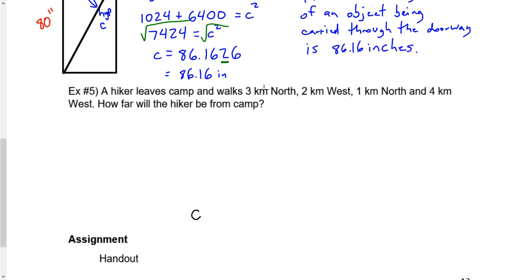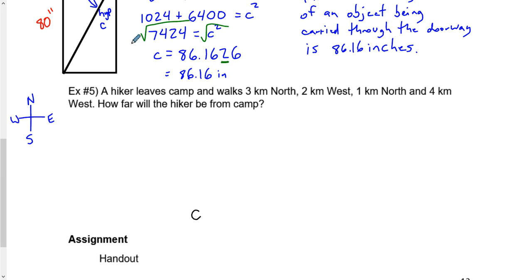If you walk 3 kilometers north, well, let's first talk about actual orientation on a map. Never eat shredded wheat. North, east, south, west. Typically, the orientation on a piece of paper is you put your north to the top of your paper. Your east is to your right, your south is down or to the very bottom of your page, and west